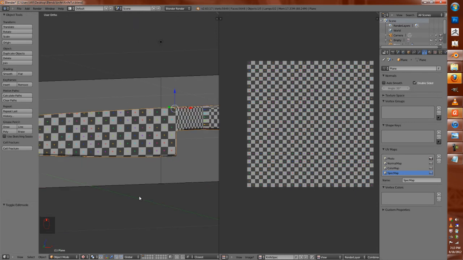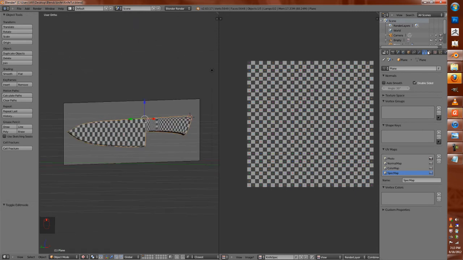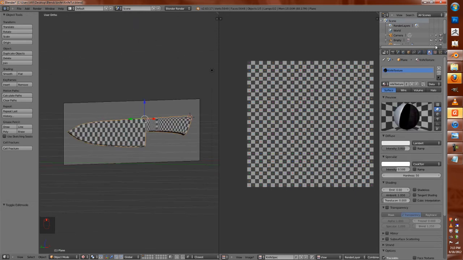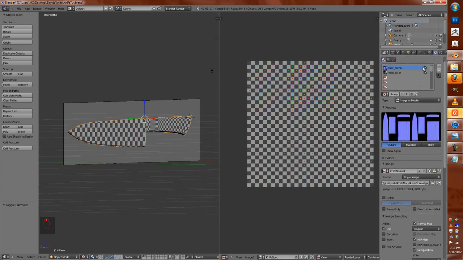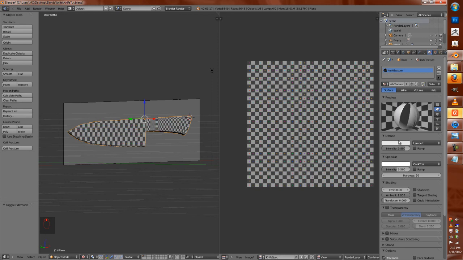And so that's what we have here. So the next thing is for this material, for this map, we're going to try it a different way than I usually would, and that is to make it black, give it some specular,